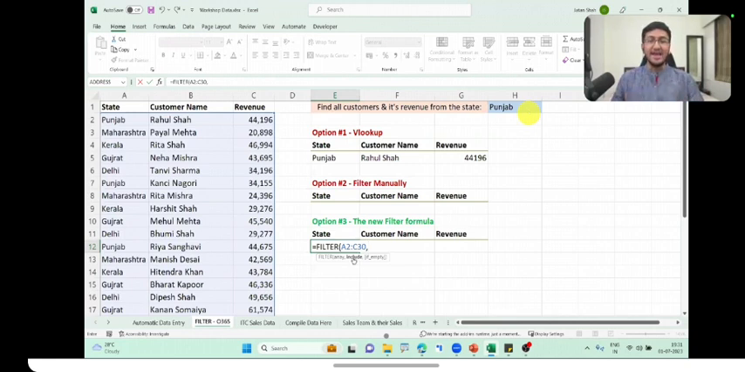So my include part is going to be me telling Excel that the state column has to be equal to Punjab. Only if it is equal to Punjab, then only give me the answer. Otherwise, don't get that answer. So what do I do in the include part? Very simple. I will simply tell Excel that my entire state column, that is from the first cell of the state column till the last cell of the state column, has to be equal to